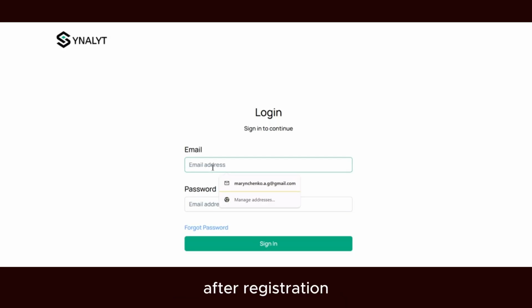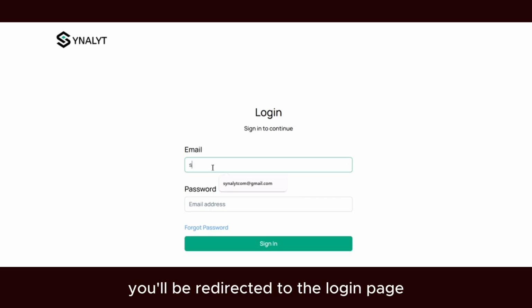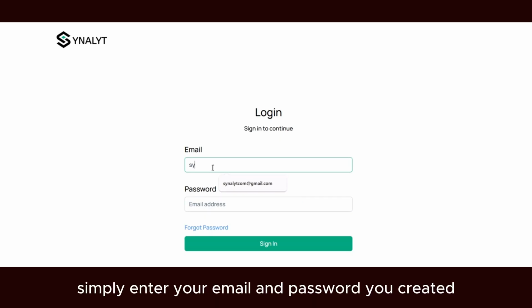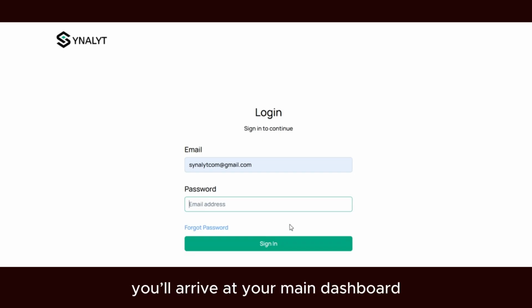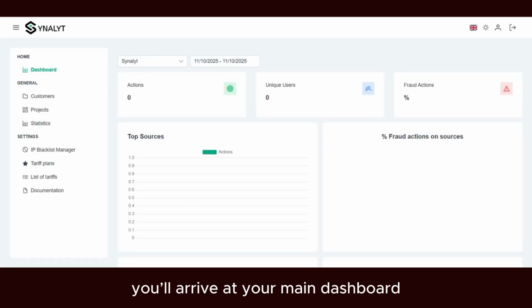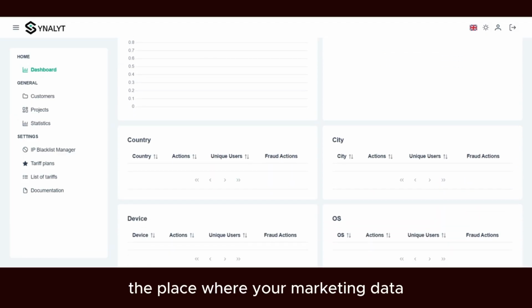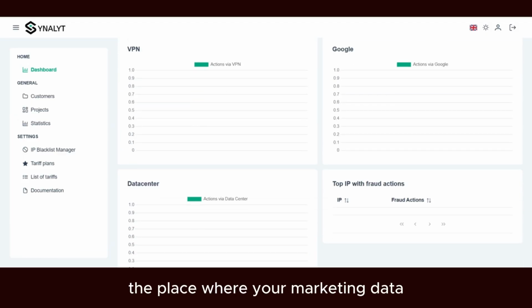After registration, you'll be redirected to the login page. Simply enter your email and password you created earlier. When you log in successfully, you will arrive at the main dashboard, the place where your marketing data begins to